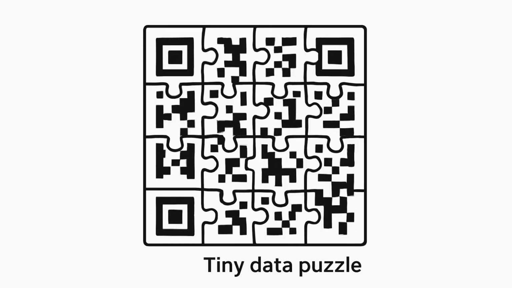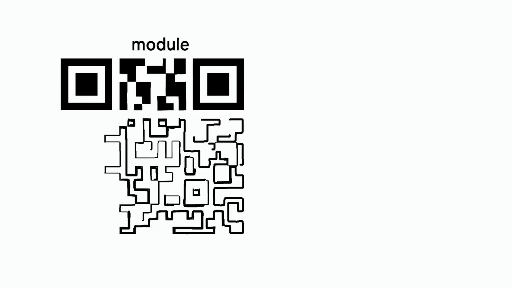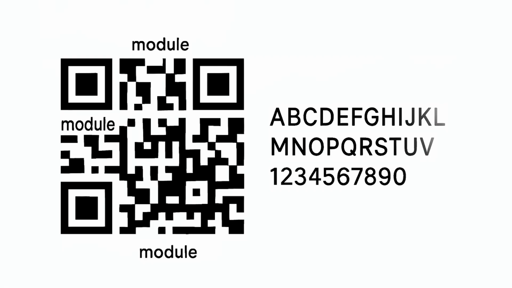Think of a QR code as a tiny data puzzle. Instead of using letters and numbers written in a line, it stores information as a pattern of little black and white squares, called modules. When you open your camera or scanner app and point at a QR code, your phone